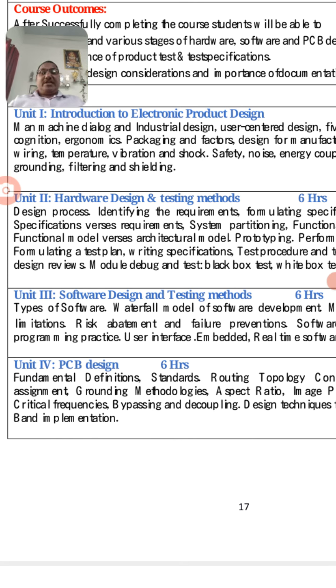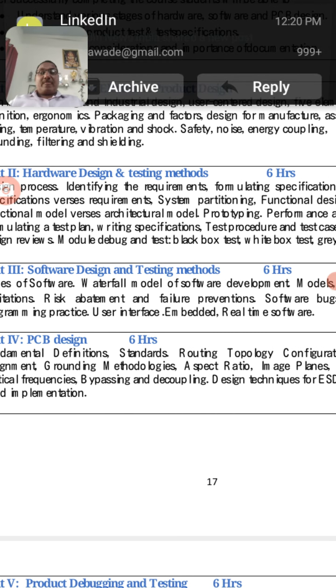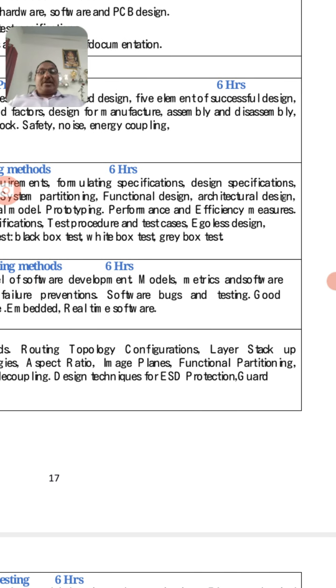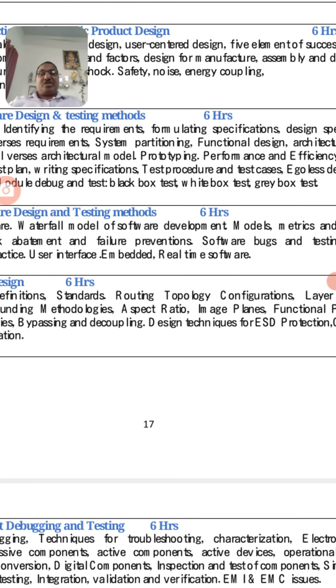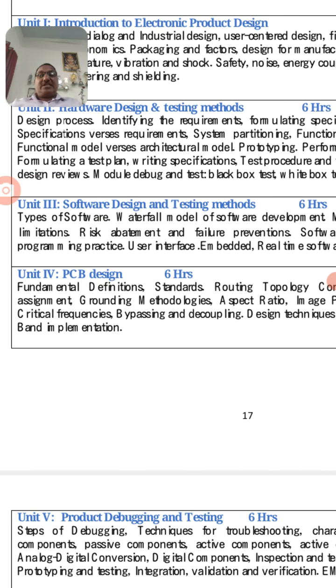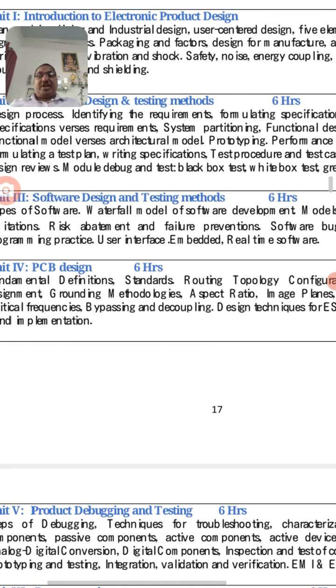Unit number 3, software design and testing methods. The points that we are going to consider under this unit are types of software, waterfall model of software development, models, metrics and software limitations, risk abatement and failure preventions, software bugs and testing, good programming practice, user interface, embedded real-time software.